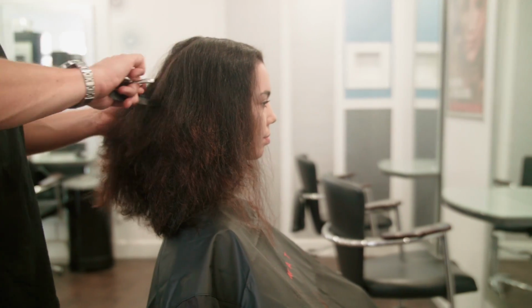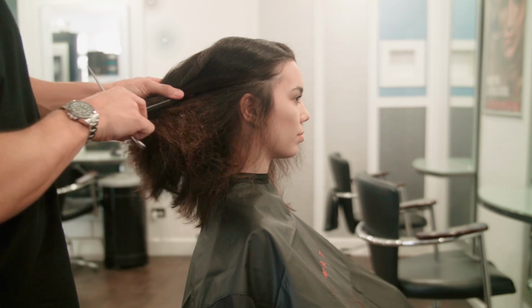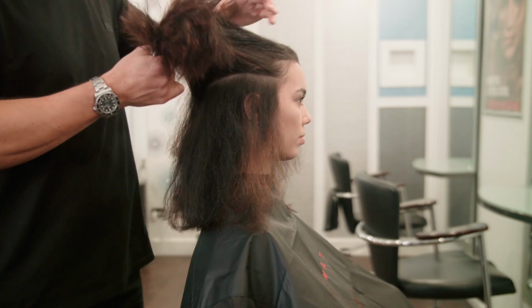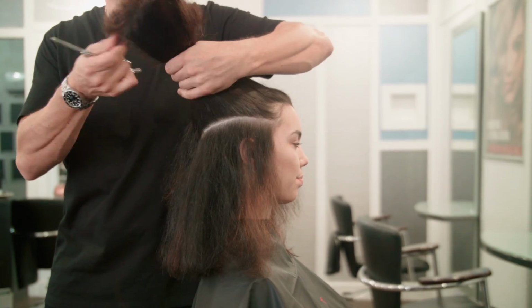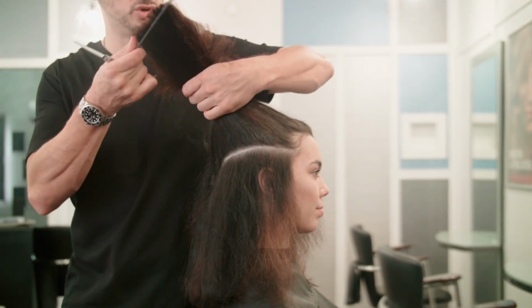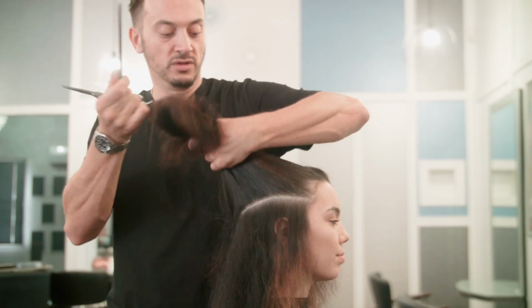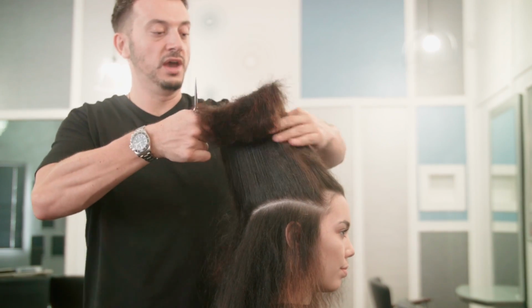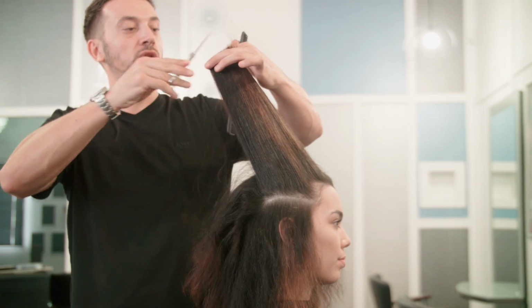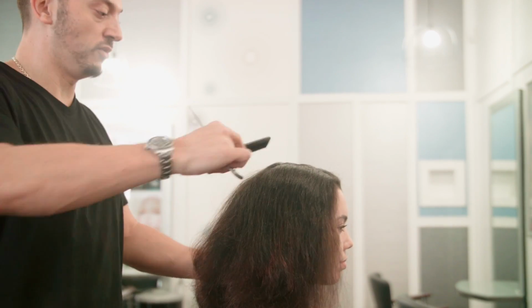Now we've got the critical part of the haircut. And this is where, I'm sorry, but I can't teach you guys this because I don't want to. The reason is the next part of this haircut is the personalization part. This is where you make the haircut yours. You tailor it to your own style, and that's done with finishing and texturizing the hair. So if you like it to be really soft, if you want it to be strong,